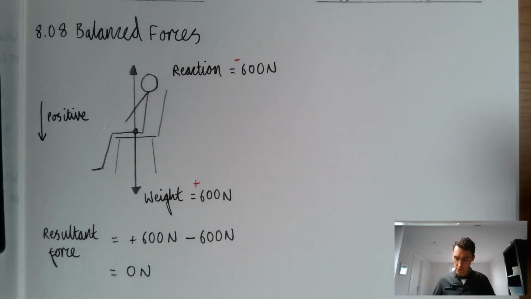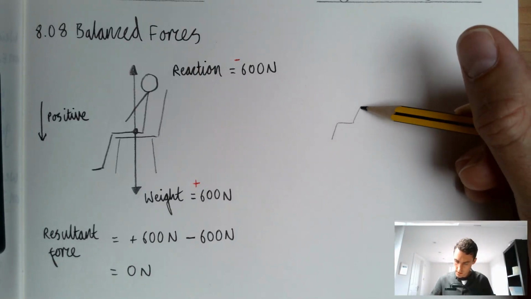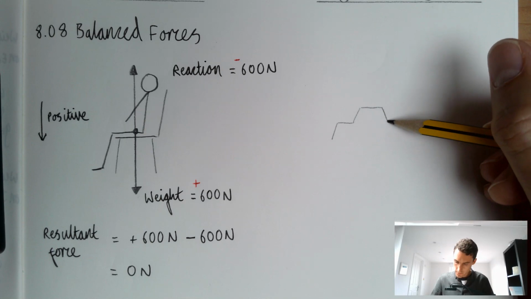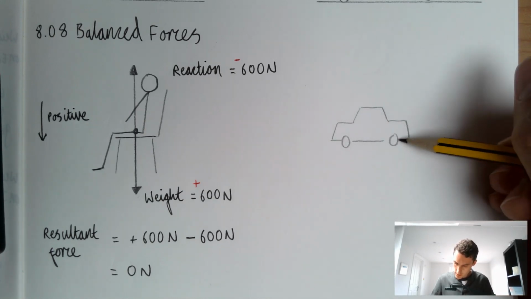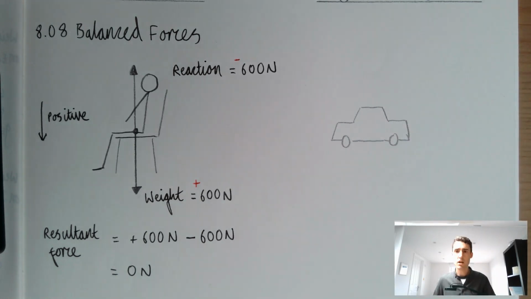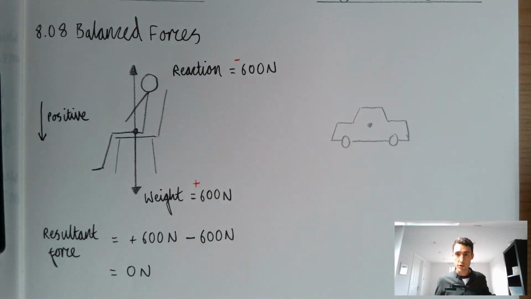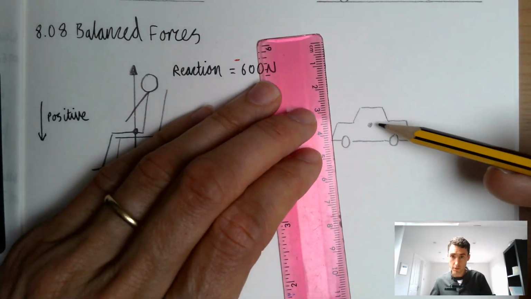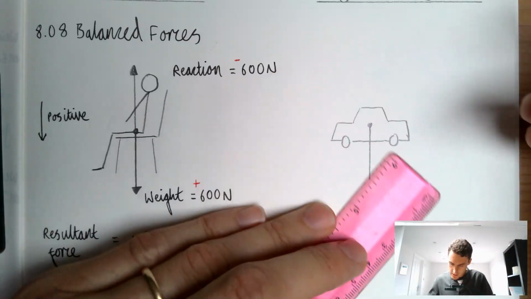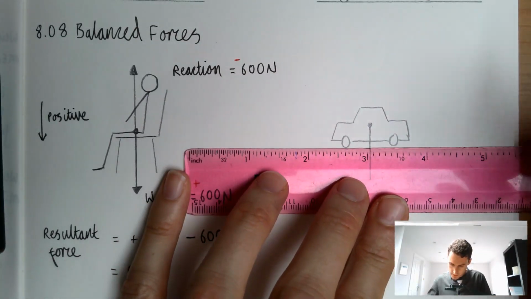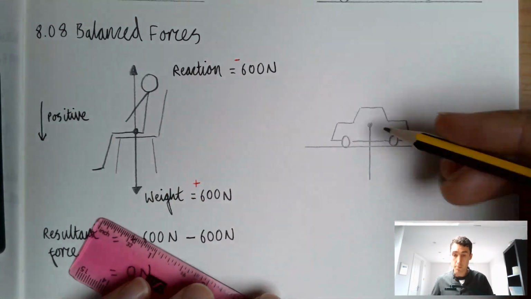And I might get them to do this on whiteboards, so you could show them how to draw a car. I just draw very simple cars like this, kind of two trapeziums, one on top of the other, in effect. So there's my car. Again, what I'm looking for on the whiteboards is that they draw the dot somewhere in the center of the car, that they draw a force acting downwards like this. We should draw the road on here as well, because that's kind of important, isn't it? So let's draw the road on this one,